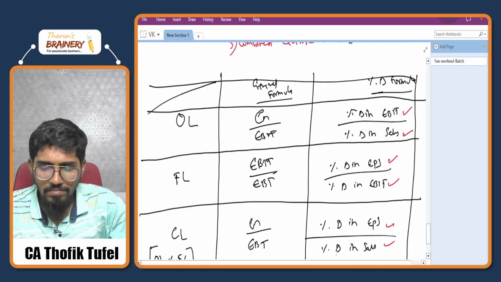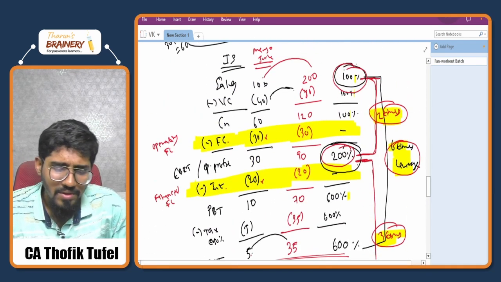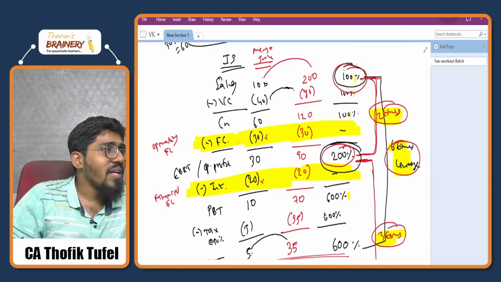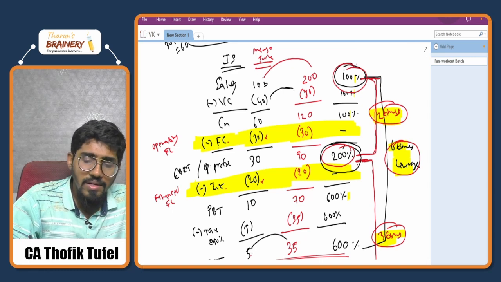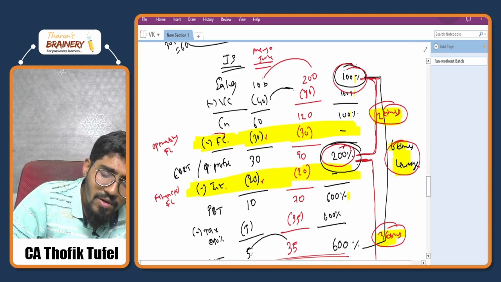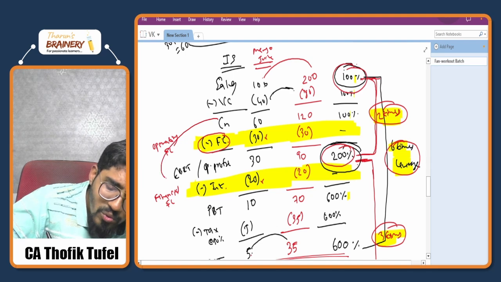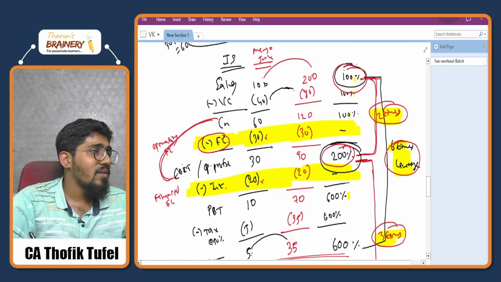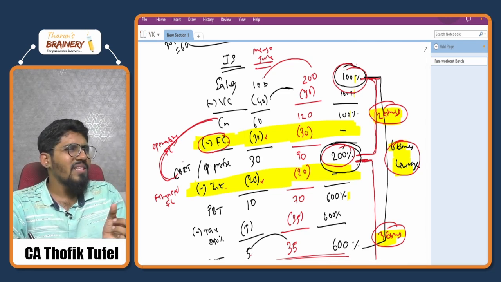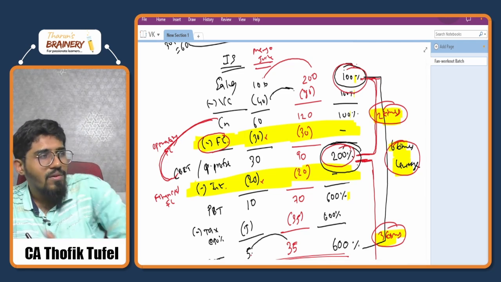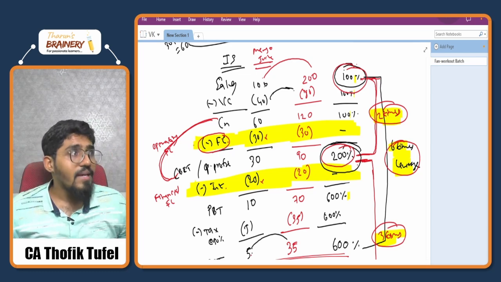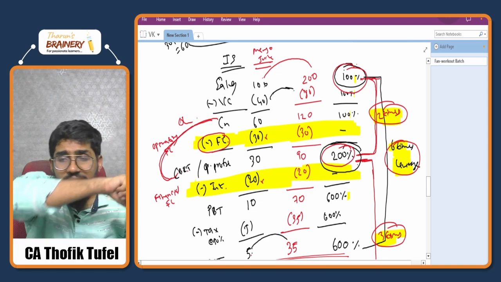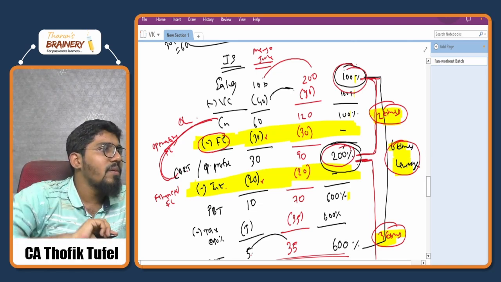Now, sir, how is the general formula arrived at? Operating leverage is happening because of the fixed cost, correct? Because of fixed cost this is happening, so contribution divided by EBIT. For now you understand like this. Actually there is a logic through which we derive the formula, but that is more towards the regular class. I'm not going into that, but I want to give clarity also. So contribution divided by EBIT is equal to operating leverage because it is happening because of fixed cost, right?